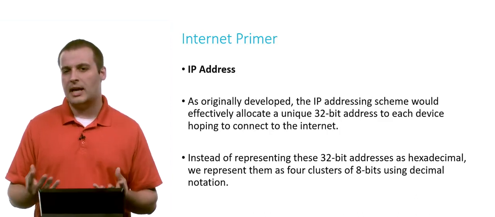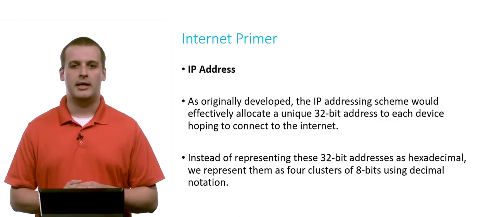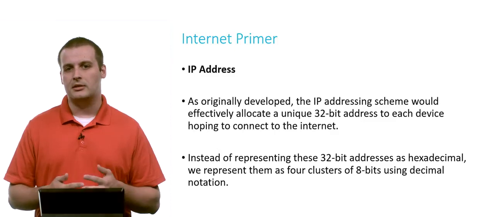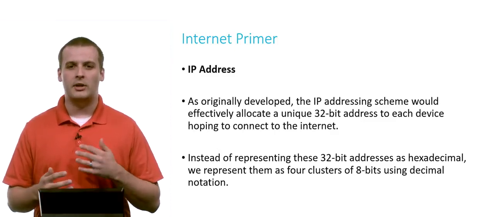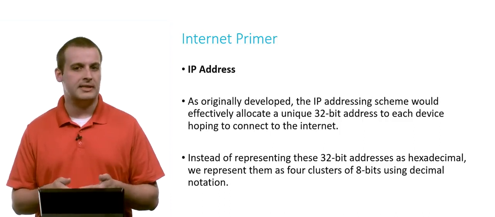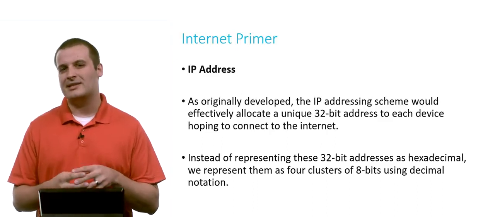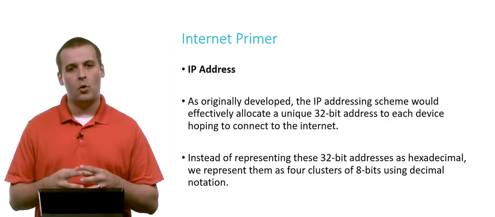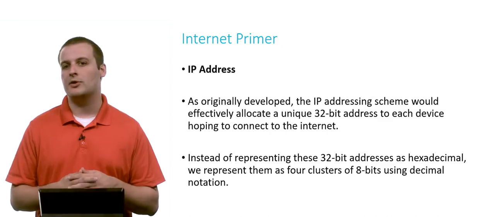Now, what does IP addressing look like? Well, the scheme basically was, when it was first implemented, to give every computer a unique 32-bit address. That's a lot of bits. That's 4 billion addresses. And generally, instead of using hexadecimal notation, which we've used previously in the context of pointers in C to talk about addresses, we usually represent IP addresses in a little bit more of a human-friendly way, representing them as 4 clusters of 8 bits represented as decimal numbers, because humans don't frequently speak